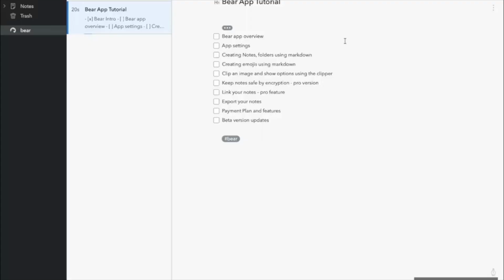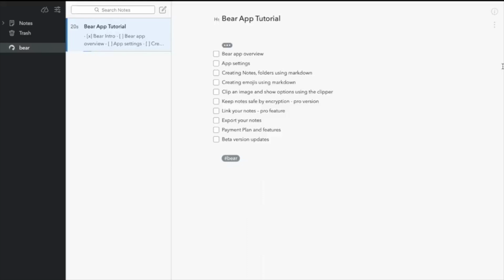So I'm in my Bear app, and this is the Mac version. Like in most note apps, you see there are three sections. On the left-hand side are the folders. But for the purposes of the Bear app, there are tags, which I will explain very shortly, how these tags are created and get converted into folders. The second column is where the name of the note is. And then on the right-hand side, you see the body of that note, wherever you are writing the text, to-do list, tasks, or images.